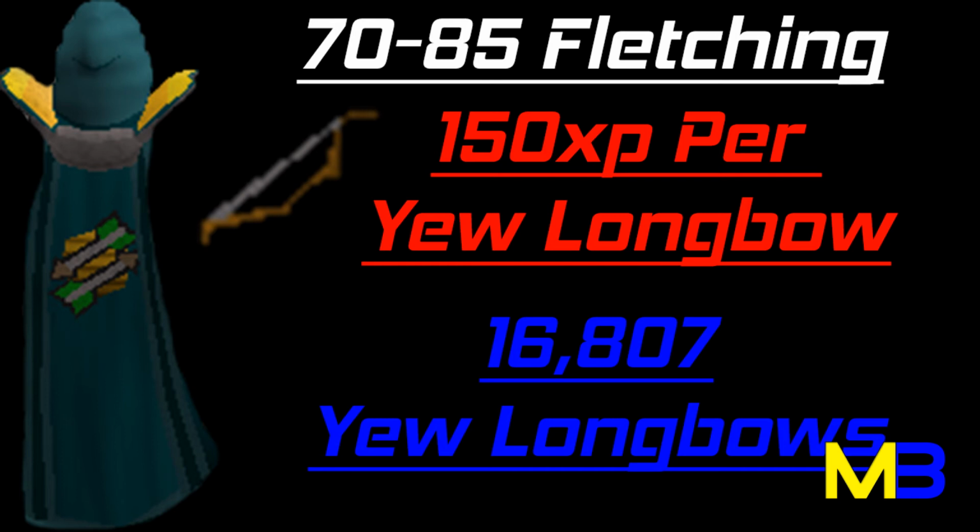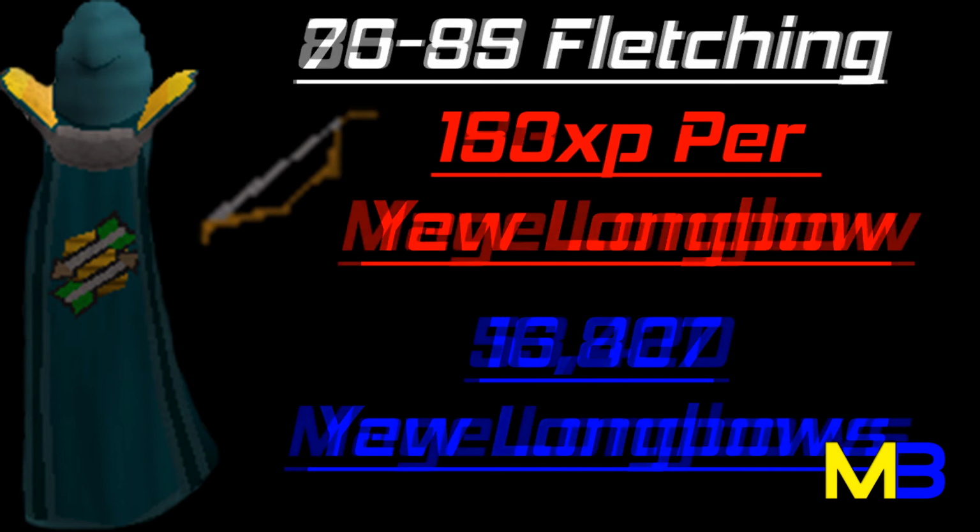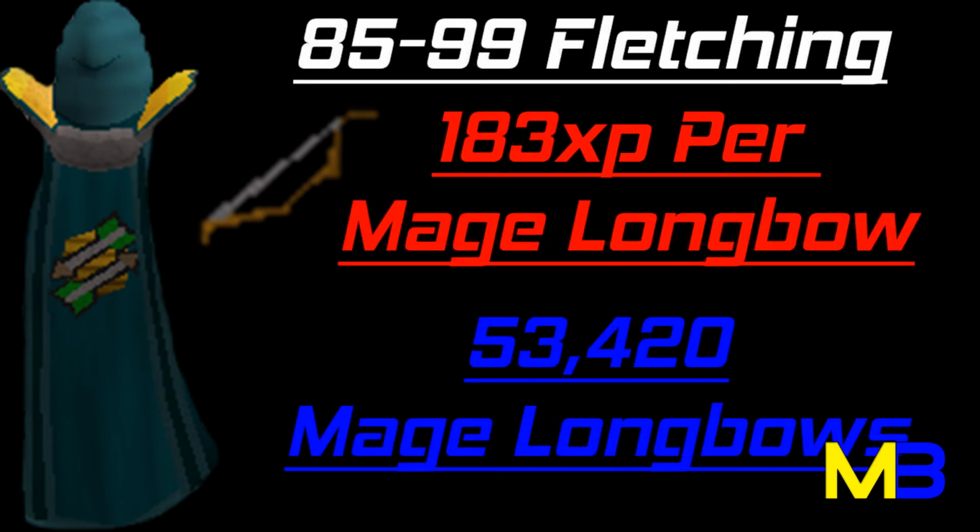which is not bad at all, especially at the market price right now, where yews did drop over 60 GP each, which did increase your profit margin per yew. Once you get to 85, you're going to start making Mage Longbows, or you can continue with the Yew Longbows, which is what I've been doing because it doesn't cost a big bank to do,